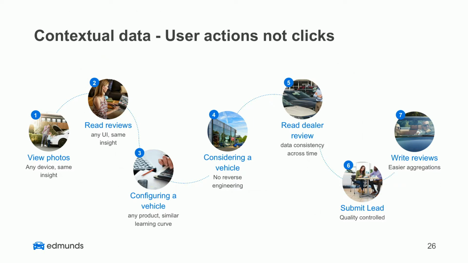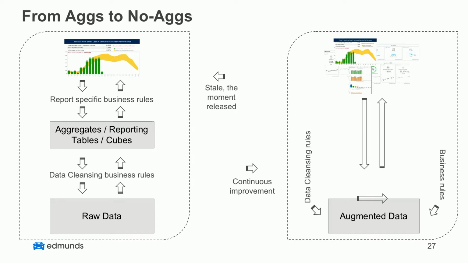That's what we're tracking. The second, and I think this is the most important thing I want to talk about today, is the pipeline that we have right now. I'll talk about how we used to do things before, and we still use it a lot, and how to create these dashboards and do the reporting. There's always a pipeline. You have the raw data. You have cleansing rules. You create aggregate tables. You have reports with queries and business rules in them, and then you have this dashboard built.